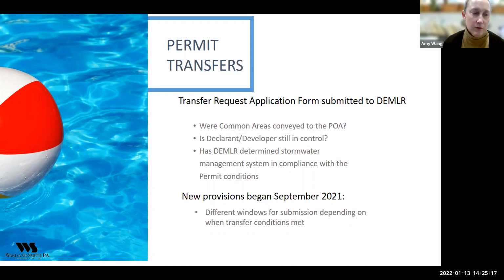And then the other provision that will affect community associations is that for low density permits that were issued before 2017, if there is built upon area that is over the permit limit, then the agency will work with the permittee to do a modification of the permit to allow the discrepancy or the overage.